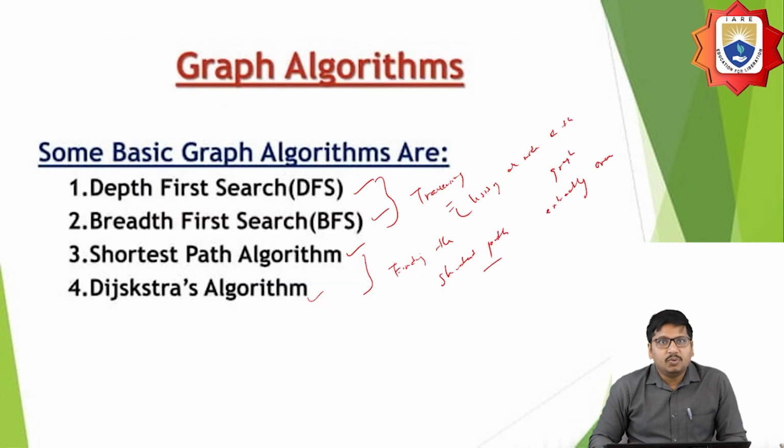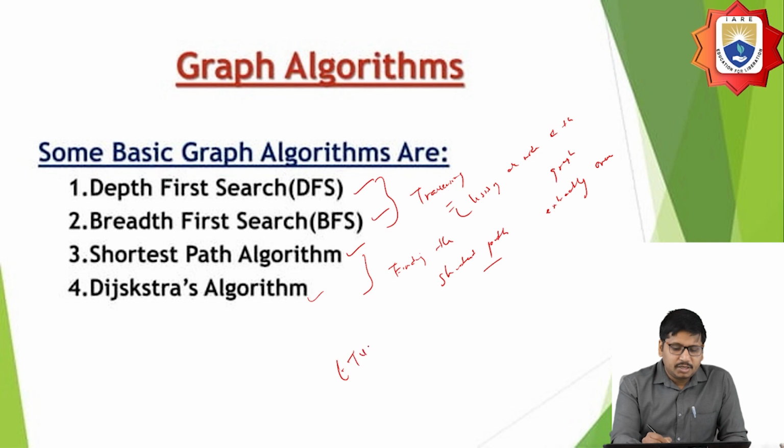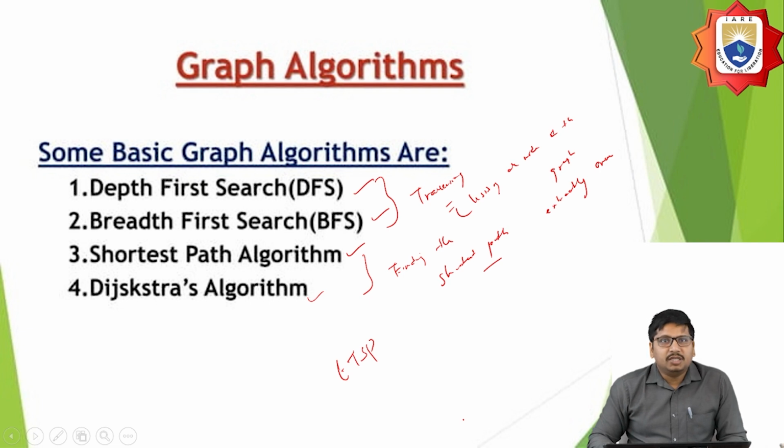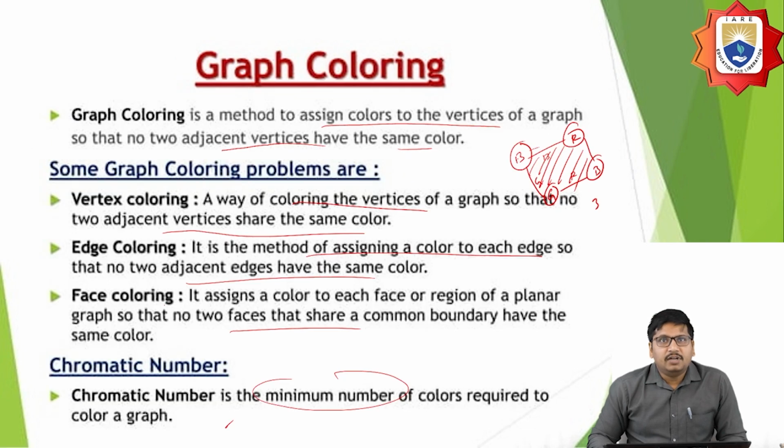And graph algorithms, what we are going to have is depth first search and breadth first search. So these are the two traversing techniques to visit all the vertices of the graph. And then the shortest path problem and distance algorithm. So these are two algorithms for finding the shortest path of the graph. For example, the traveling salesman problem, TSP, is one of the best examples to find the shortest path, and then Dijkstra's algorithm. And graph coloring is the method to assign colors to the vertices of the graph